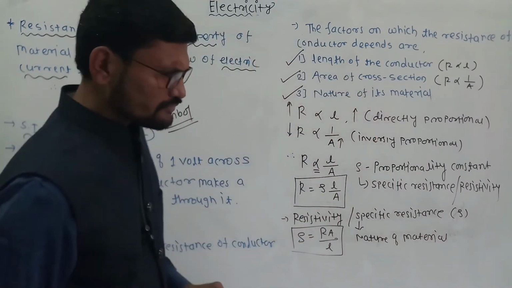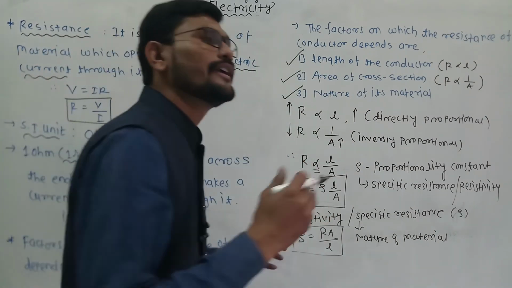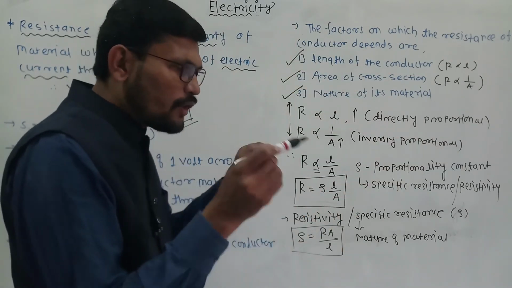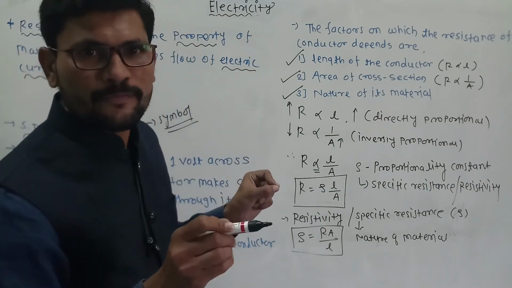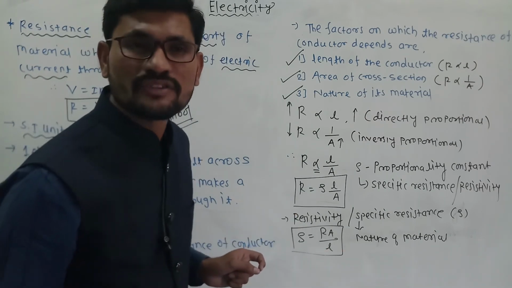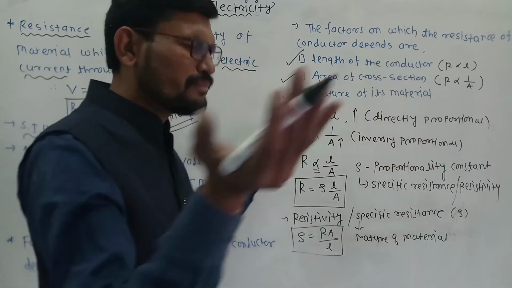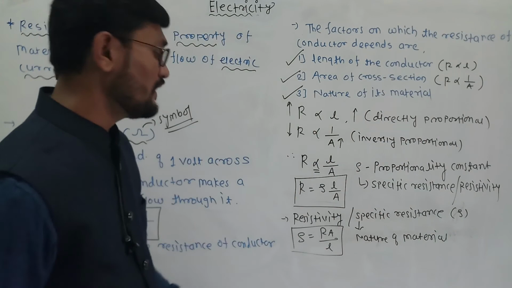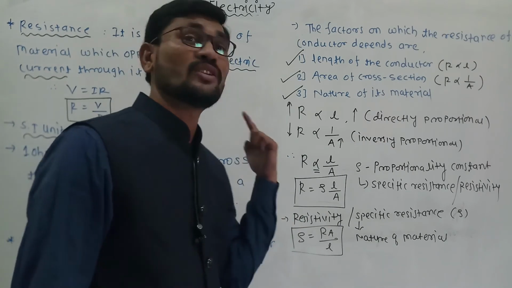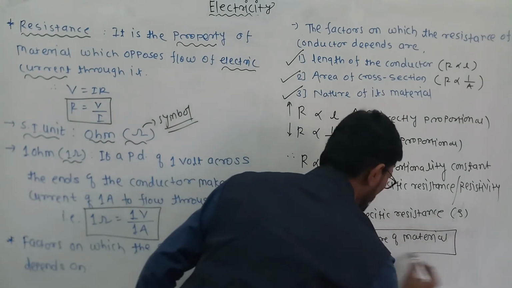For example, if earlier they took constantan material, and later they took some other type of material like nickel or copper, is the resistivity of both materials the same or different? Different. Constantan has a different resistivity, copper has a different resistivity, and nickel has a different resistivity. Whatever the number of materials, for each and every material this value will be different. It does not depend on the length or the area. It only depends upon the nature of the material. Please remember, this is very important. Nature of